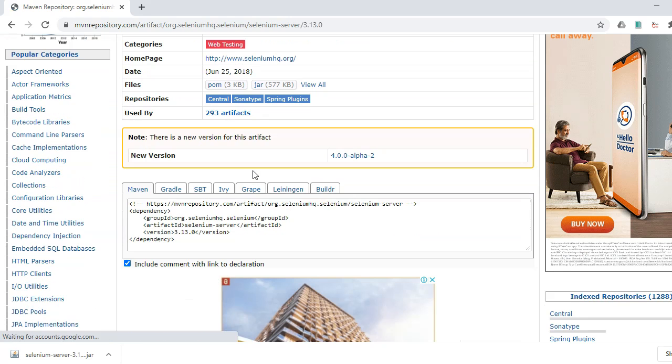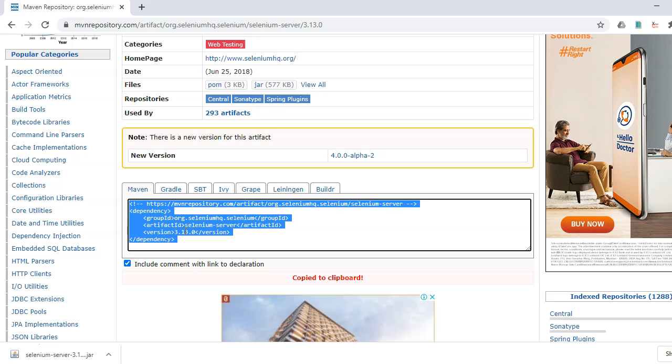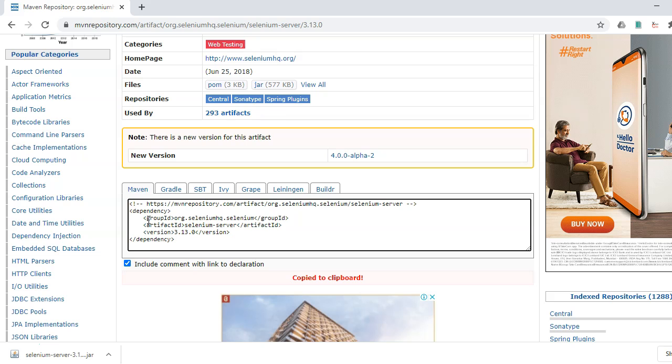Just scroll down and you will see there is one tag present out there, that is the dependency tag. Under here you will see different attributes such as group ID, artifact ID. Under artifact ID you will see the name of this jar which you want to use. Okay, so just copy this